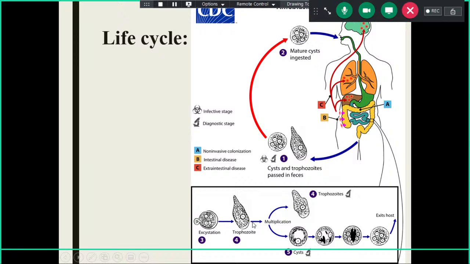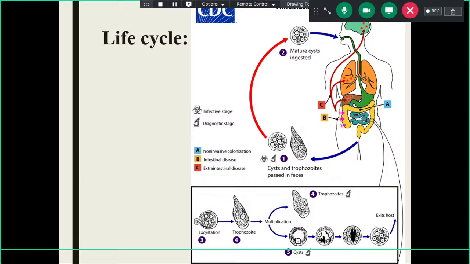This trophozoite is actively motile with the pseudopodia. Okay, so this trophozoite will leave the intestine, will go to the lymph node. From the lymph node they will go to the blood vessel, and from the blood vessel to the inferior vena cava. From the blood vessel they will reach the liver. They can reside in the liver, producing liver abscess, or they can reach the heart, and from the heart they can reach brain, lung, spleen, anywhere, any vascular tissue, and can get lodged there and can produce the pathogenesis.